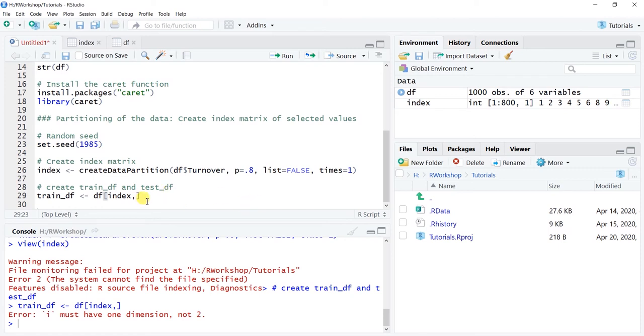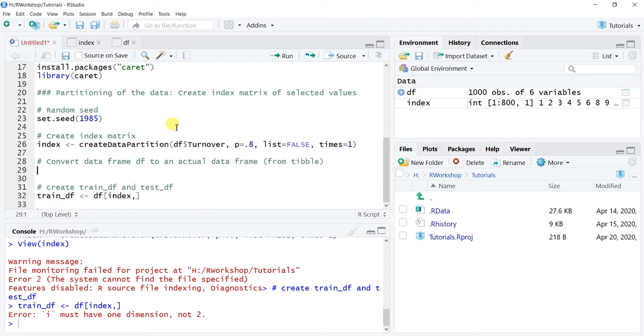Now, sometimes you might find that this actually works, but based on the latest version of the caret package, it appears that we need to take an extra step here to actually index our data frame object. Simply, what we're going to do is go up and convert our data frame df, which is our original data frame, from a tibble to an actual data frame, okay? So we're just going to overwrite the existing data frame by using df, the name of the data frame, followed by the left-handed arrow operator. And then we're just going to use the function that's called